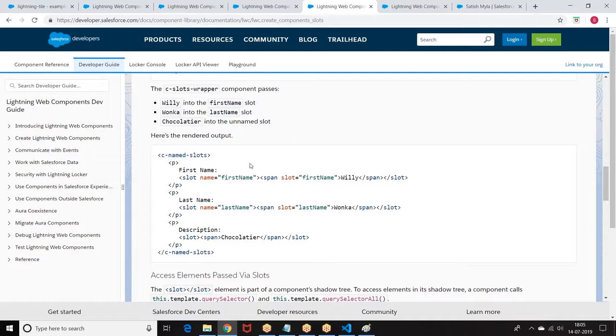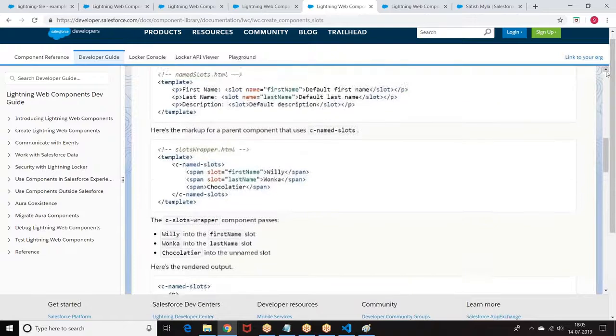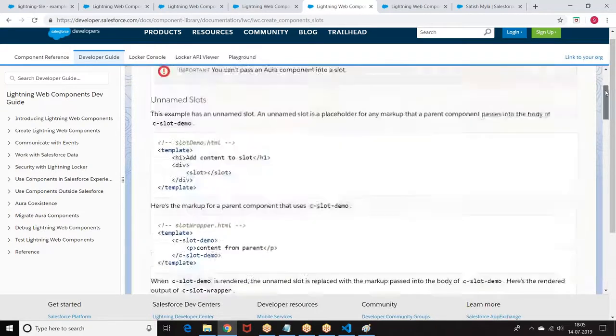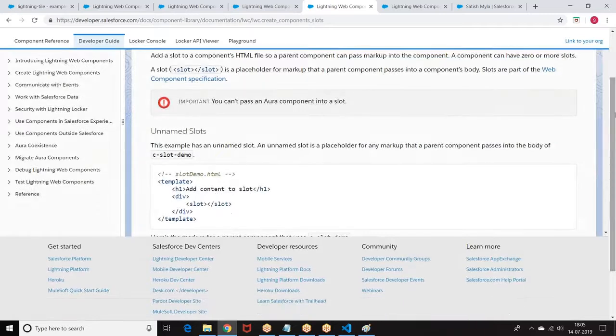Slot will specify the location where the data should be printed. Slots are of two types: named slot and unnamed slot. With a named slot, based on the name, we can specify where the element should be printed.